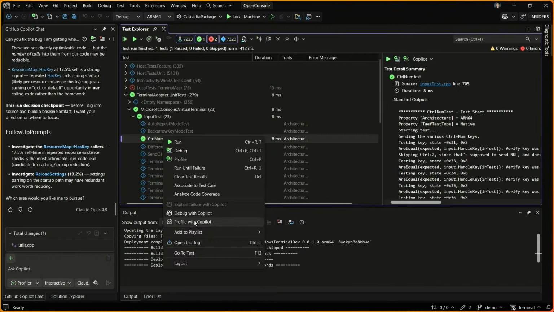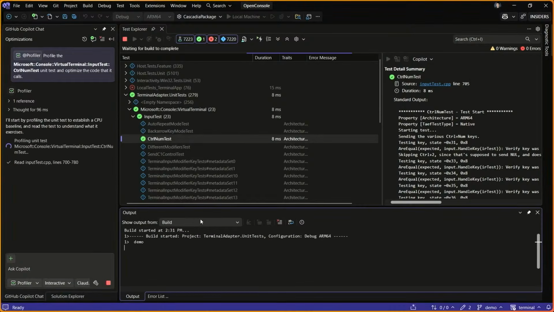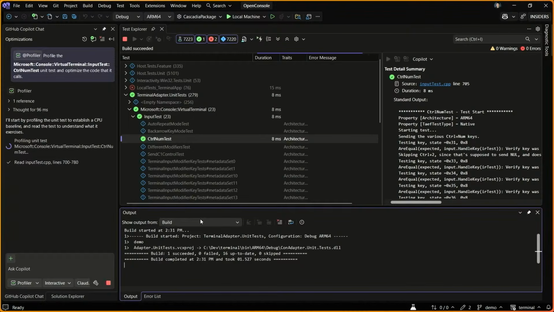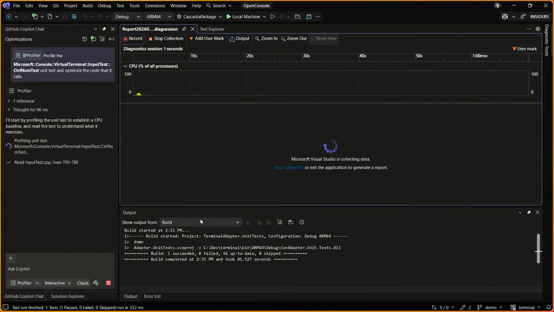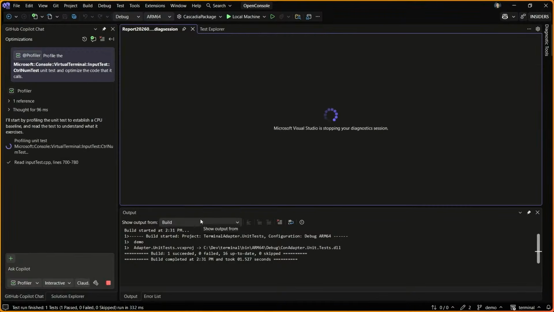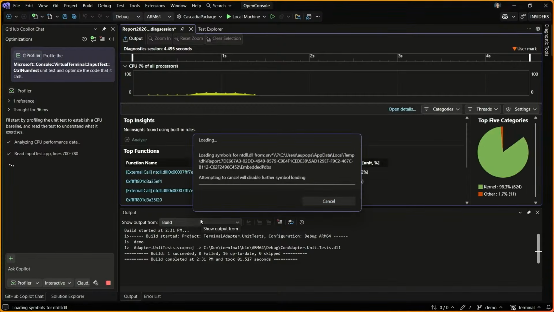Or you can do profile with Copilot, which is the agent we're using now. This will try to run this particular unit test and give you that runtime analysis, the performance analysis, for whatever task is being performed where that test is being run. So this gives you a much more granular view. You can be very specific about what you want to test. I know this particular task that I have a test on is running really slowly or